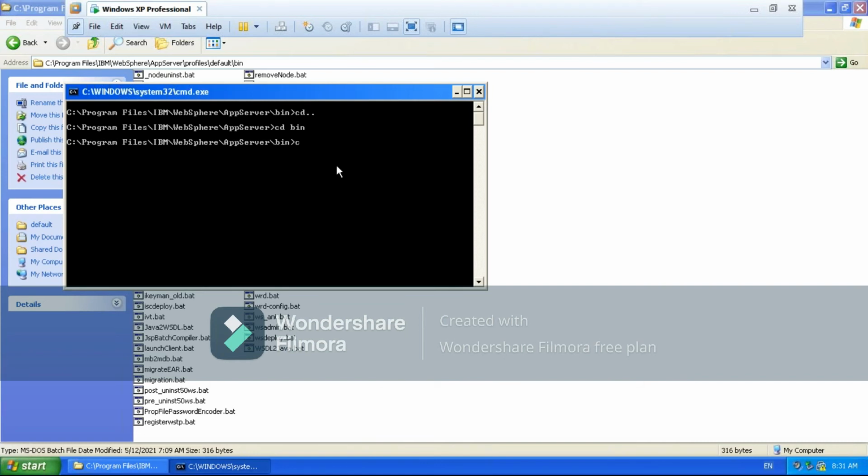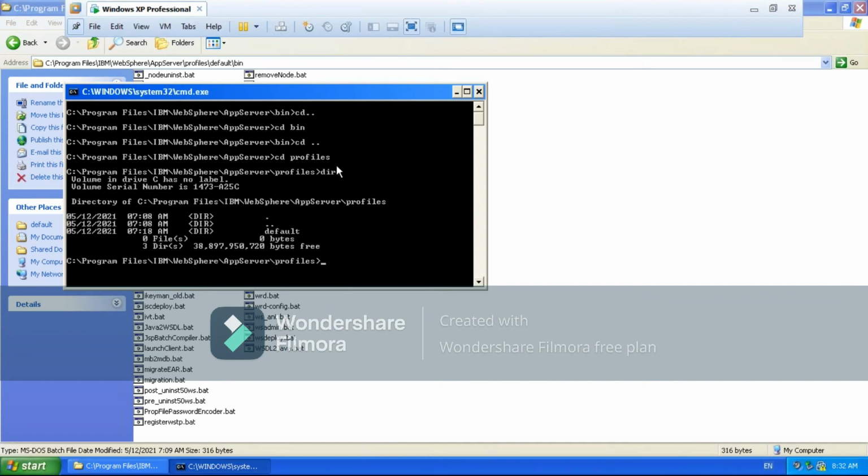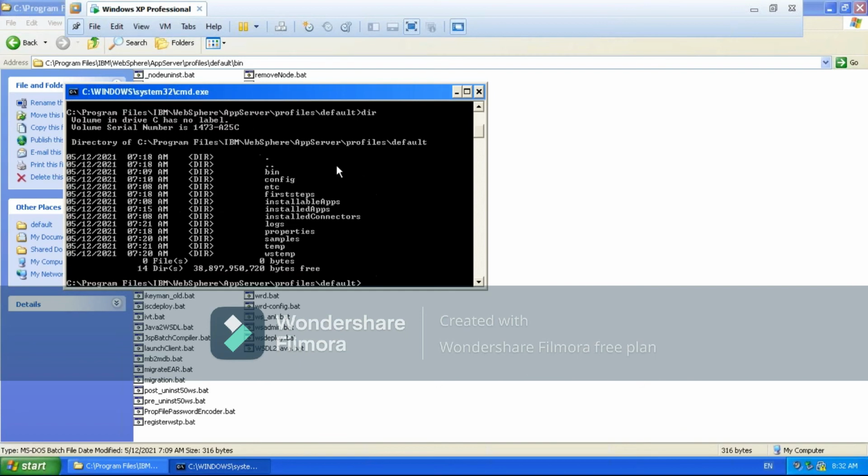Instead of this, what is the best option? Always go to its own profile home. cd profiles, inside that default, cd default. Inside the default, you have to go to bin, cd bin.